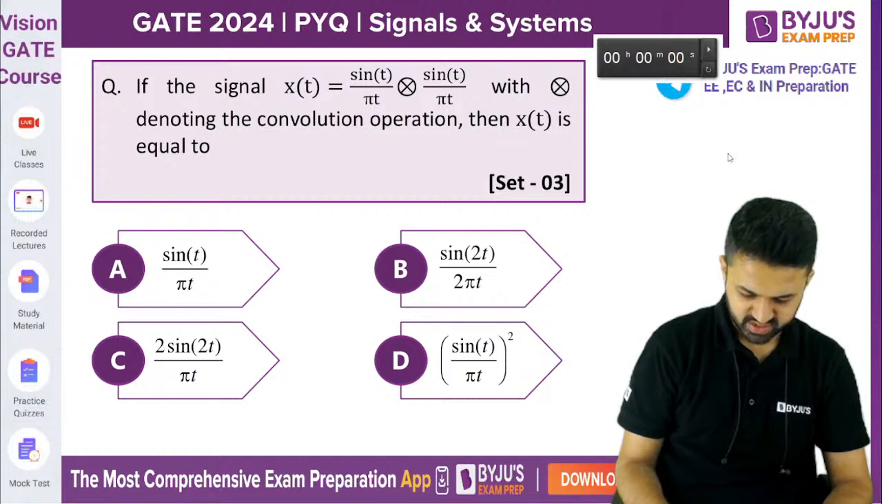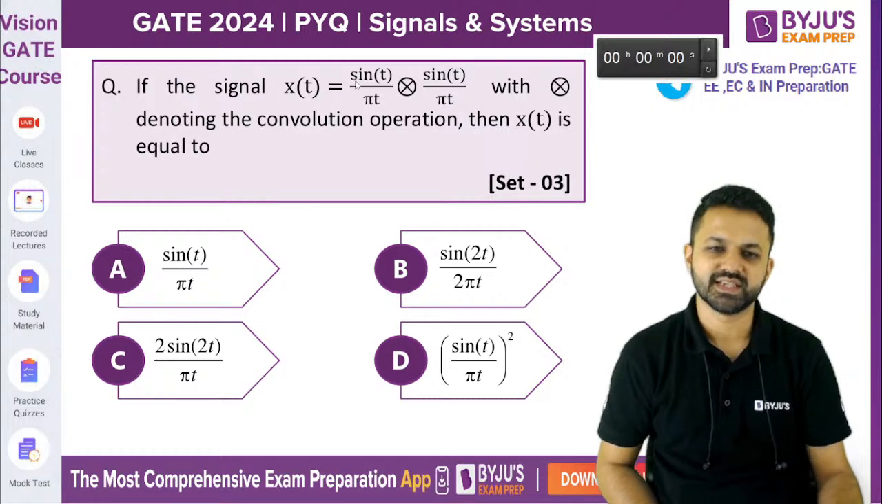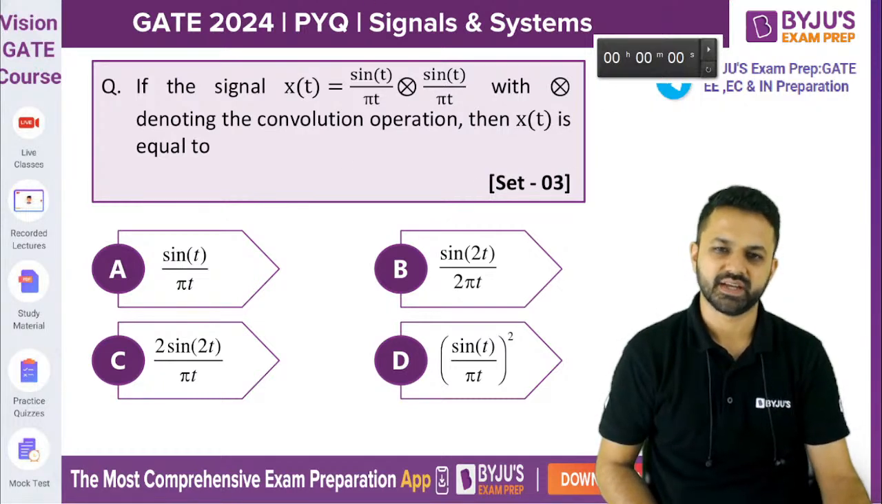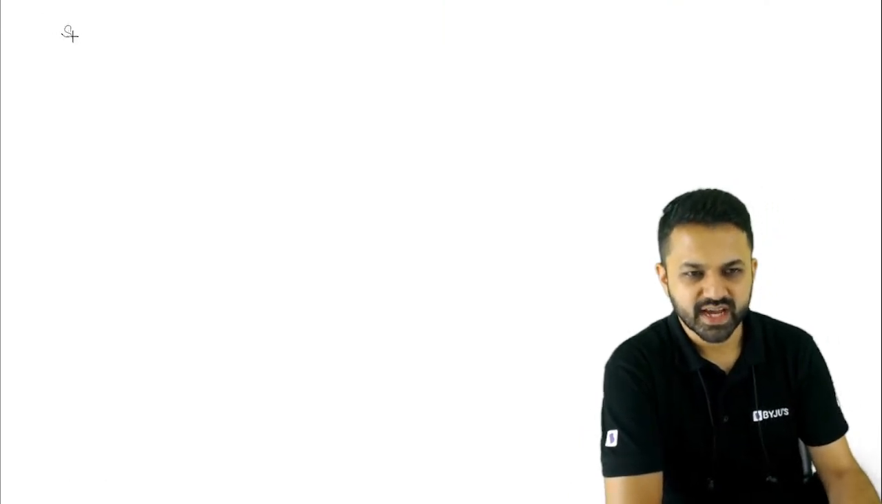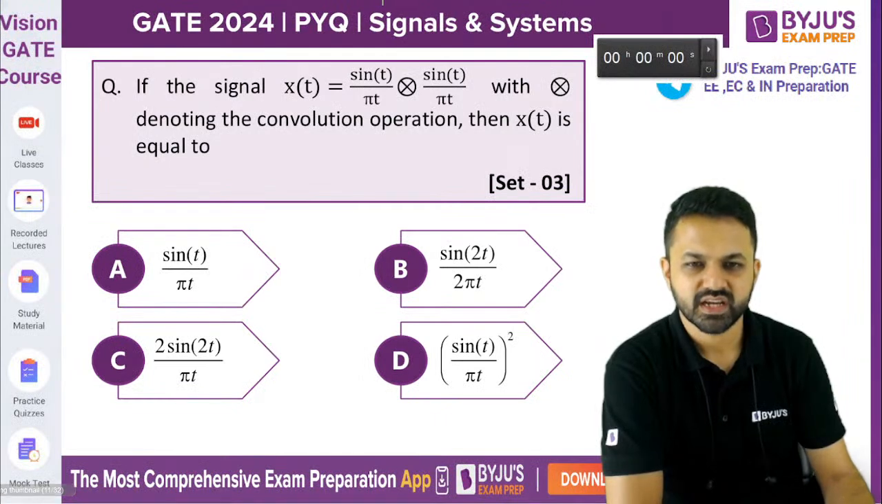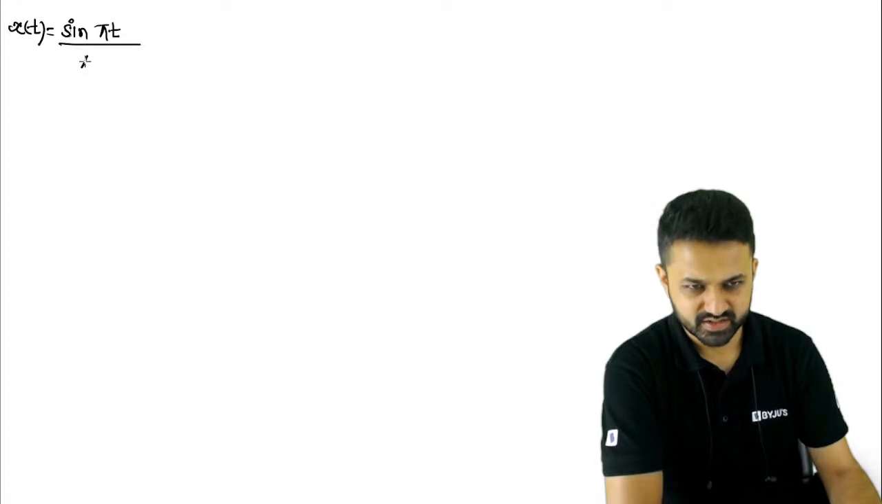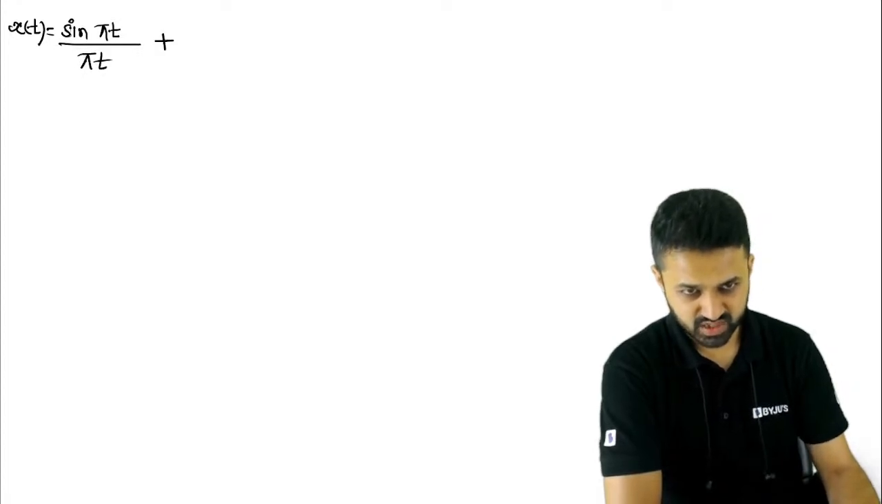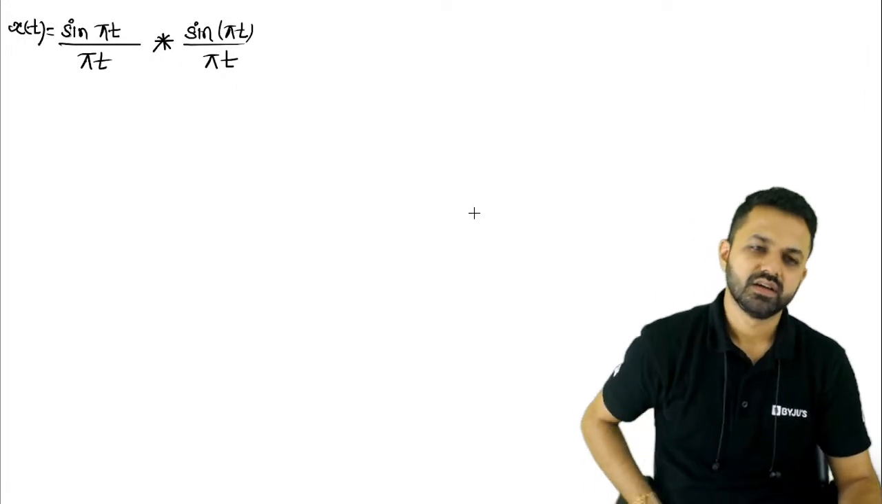लक्ष्मण, सिग्नम फंक्शन की तरह लग रहा है। ओके लक्ष्मण, सो लेट्स ट्राई टू डिस्कस दिस sin(πt) कन्वॉल्व विद sin(πt)। ओके, सो देखते हैं क्या आता है इसका आंसर। आपको बोल रहा है कि sin(πt) डिवाइड बाय πt का कन्वोल्यूशन हो रहा है। सो x(t) = sin(πt)/πt का कन्वोल्यूशन हो रहा है sin(πt)/πt के साथ।